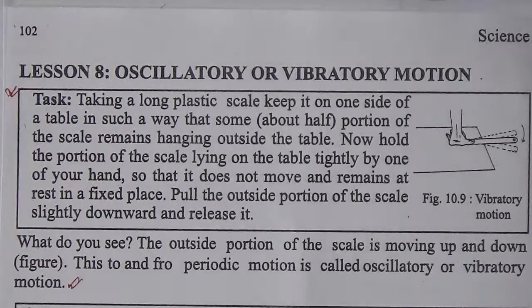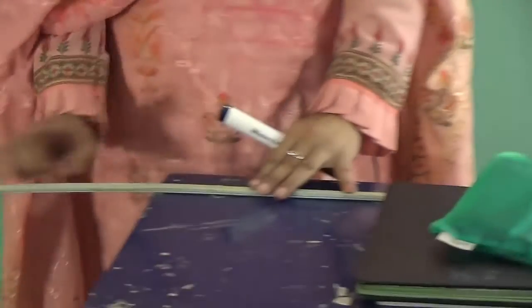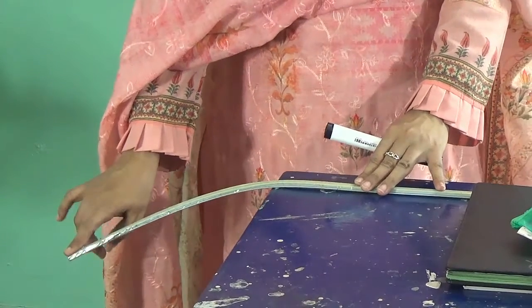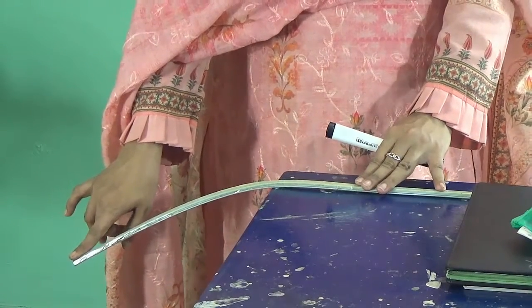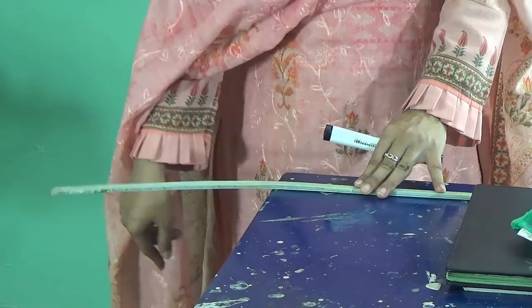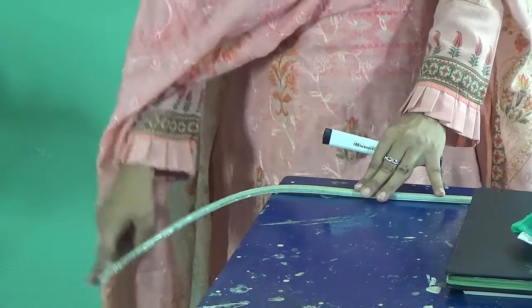You can see these motions here. Here I place a scale on the table and half of the scale is outside of the table. Then I pull down the head of the scale downward. Then I repeat again. It was moving. It is called oscillatory motion. Now,